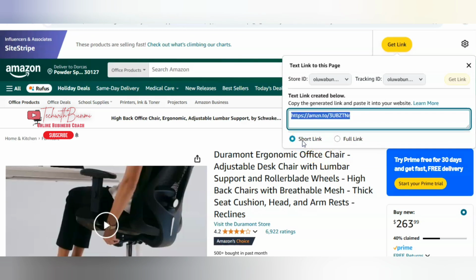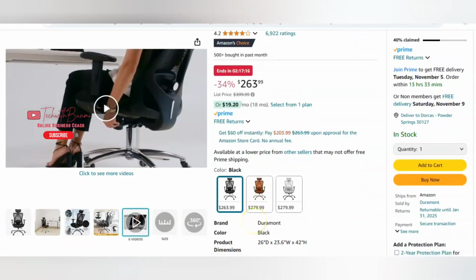Mostly I use the short links for my Amazon affiliate. When I use this link, it's shortened and direct. At the end of the day, if anyone clicks on this link and buys this product, Amazon is going to pay me a commission. The higher the price of the product you sell, the more money you're going to have.